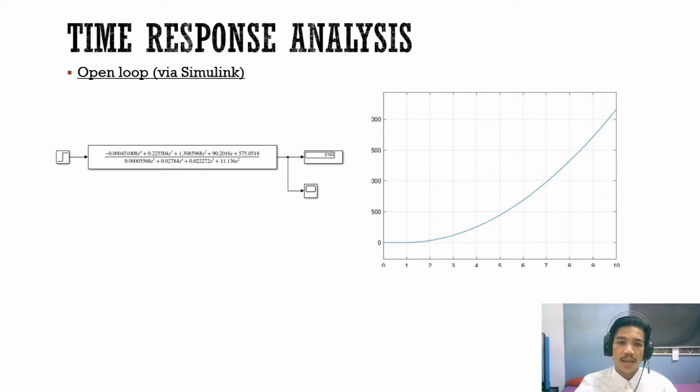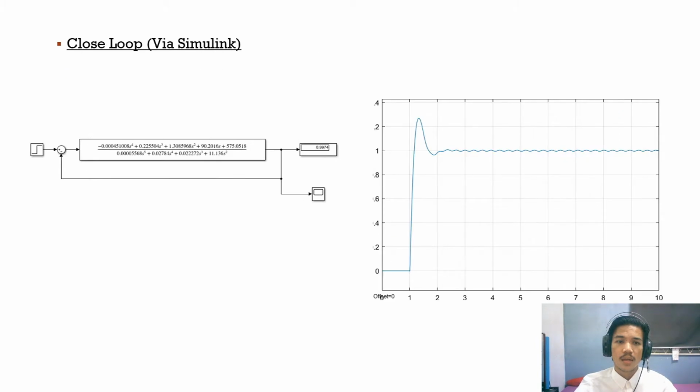The next one is closed loop. Closed loop, as you know, has a feedback. For our project, our feedback is 1, or we could also call it unity feedback. As you can see from the figure below, that is the diagram for closed loop. After we insert the transfer function into Simulink, it will generate the graph, as you can see from the